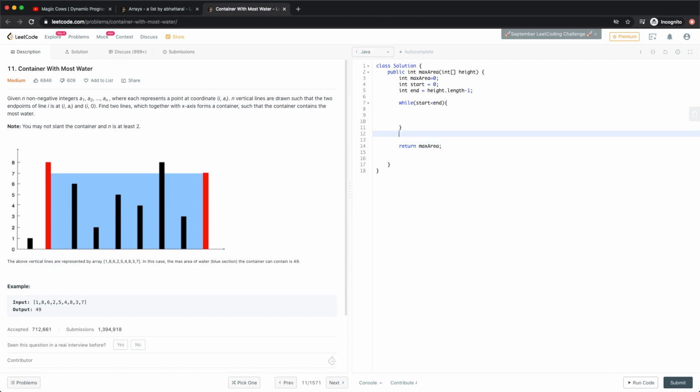The maximum area will be the max of the maximum area found till now, or the current area. The current area is the total difference, that is end minus start. So our end is here, let's say, 0, 1, 2, 3, 4, 5, 6, 7, 8. 8 minus 0 will give us 8